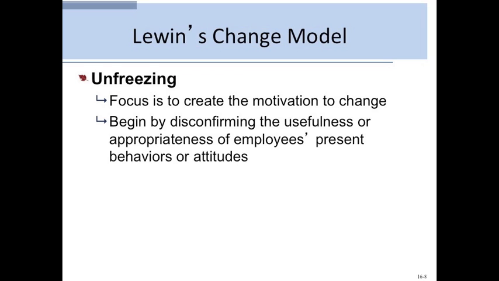Now, you would think that if there was a significant problem or significant threat on the horizon, people would instinctively want to change. They would recognize that this wasn't working, whatever they were doing, or that if they didn't change, they would no longer be able to survive. But the truth is that once we get set into a way of doing things, even if it's not the best way or the most efficient way, or even if we see that there is some kind of external threat on the horizon that's likely to reduce the effectiveness of the way we're doing things, we still would perhaps want to stay with the way we were doing things because we are comfortable.